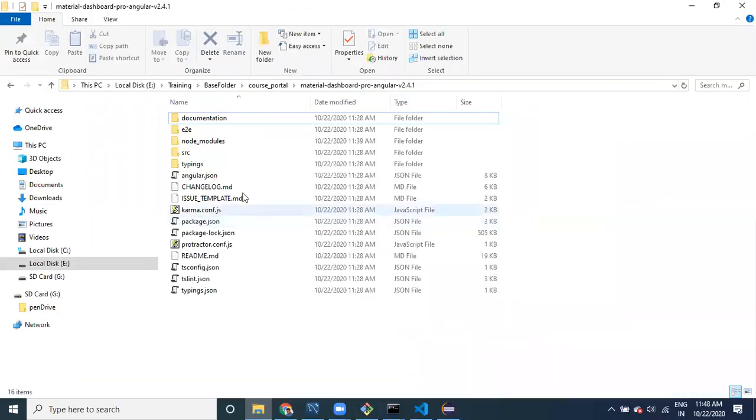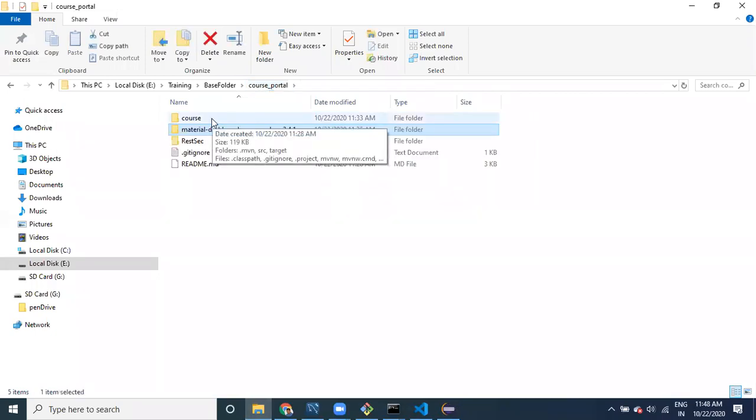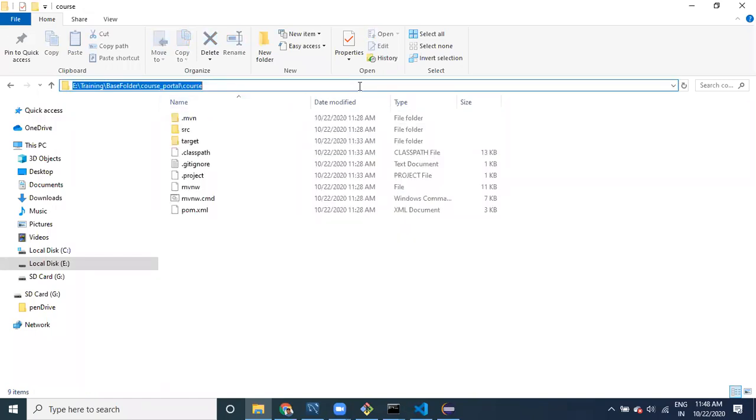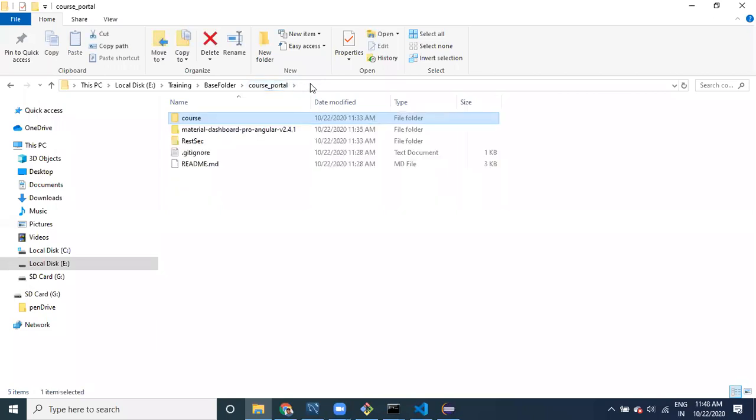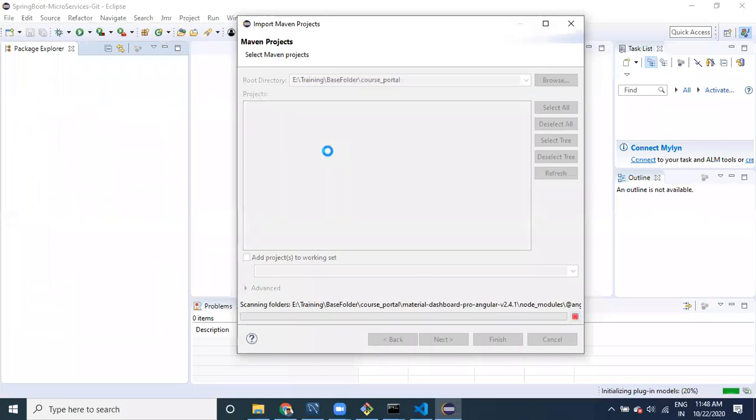Which folder do you need to specify? You need to provide the folders which are cloned from the repository. Or, if you provide this parent folder, it contains both the projects, so it will display both the projects from this course portal. It is scanning.